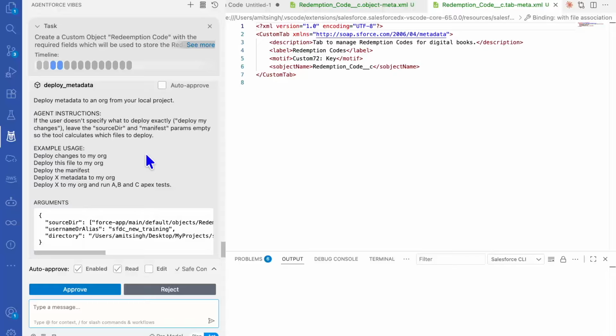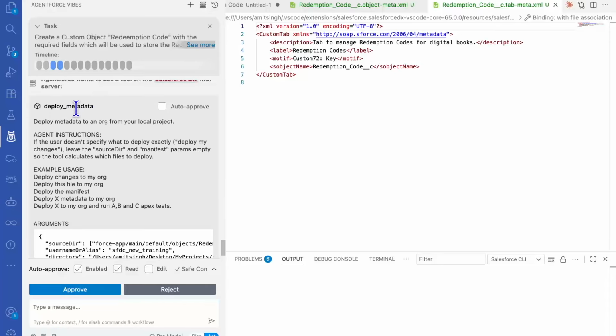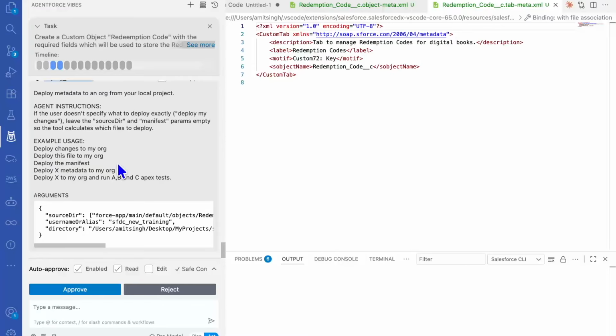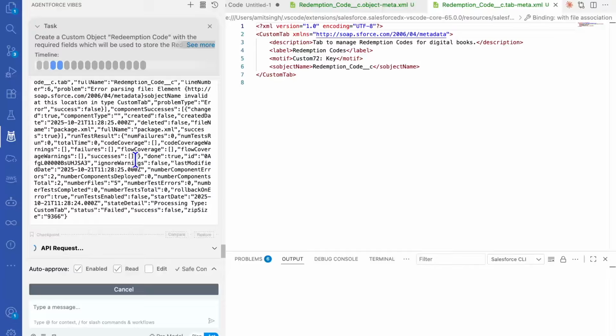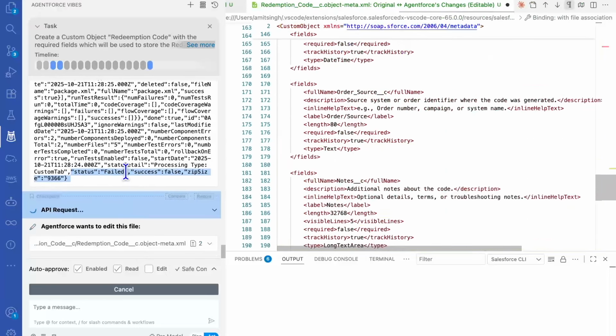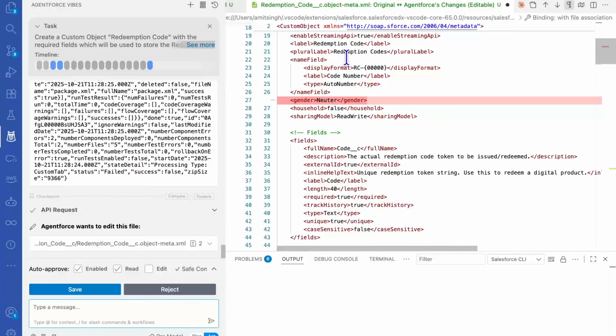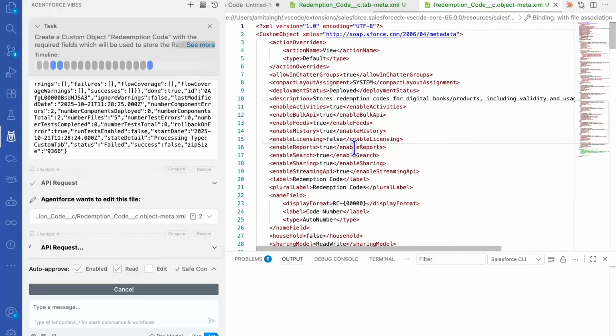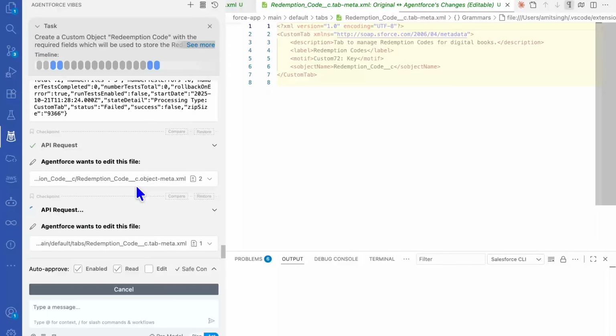It will try to deploy, and if there are certain errors, then it will try to fix them automatically. Now it is time to use this action called deploy metadata. These all actions are coming from my MCP server which we have set up. That is why I recommended you go ahead and set up that MCP server. You can see here it tried to deploy and it has failed, and once it has failed, it has automatically tried to fix that issue, and once you click on save after fixing this issue, it will again go ahead and try to deploy it,